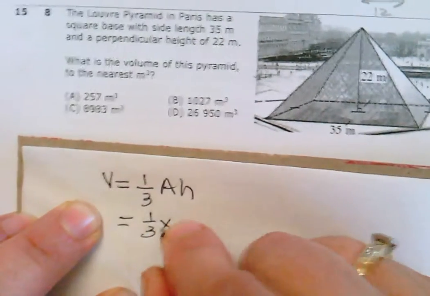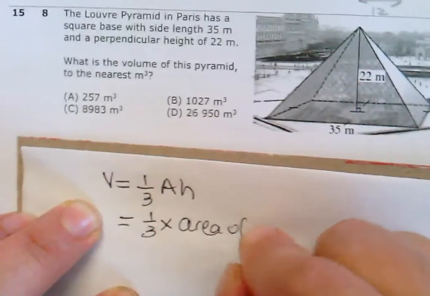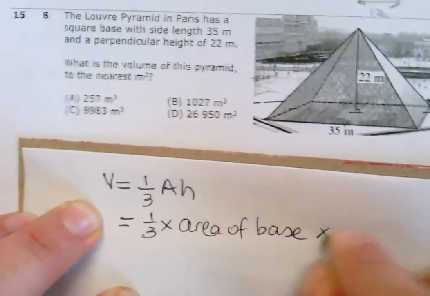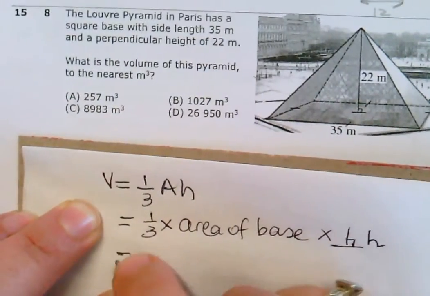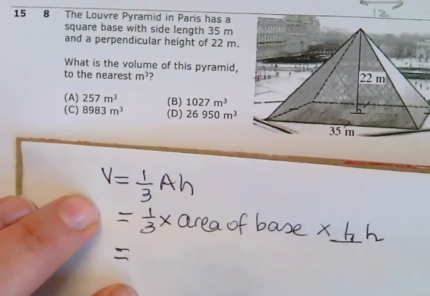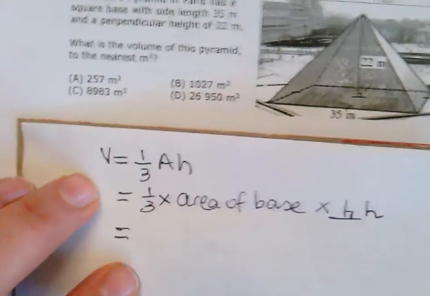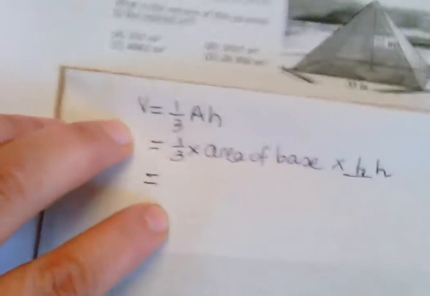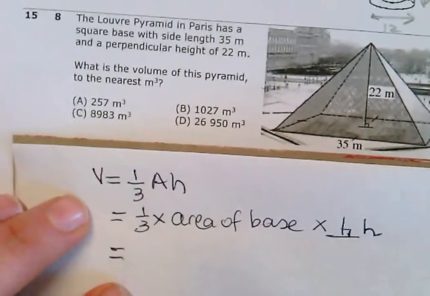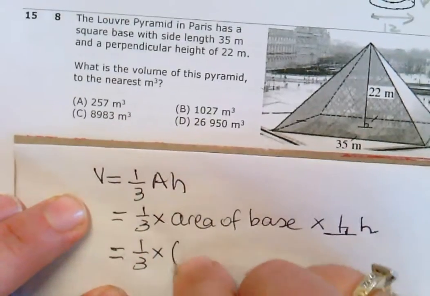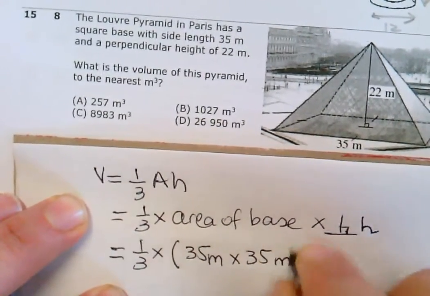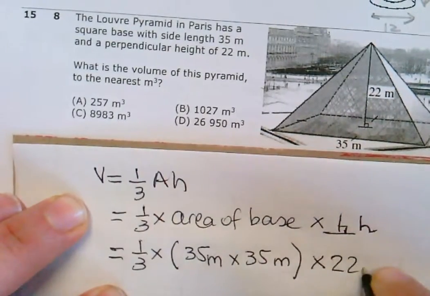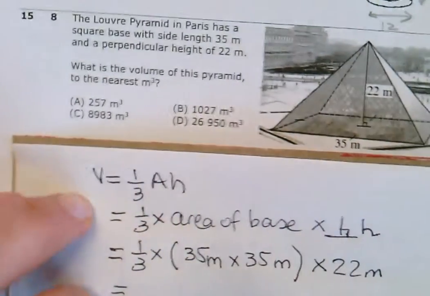So it's a third times, I'm just going to write area of base, times that perpendicular, that's the symbol for perpendicular height. So how do we work out the area of the square? And it's a square base. Yeah. So the formula, so we go a third times, the base is 35 metres times 35 metres, and the height is 22 metres, which is,